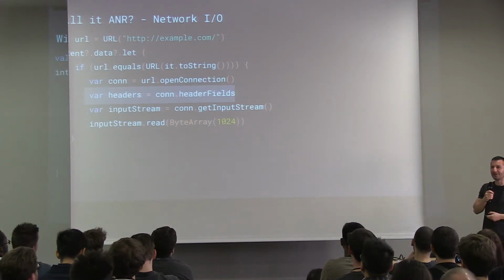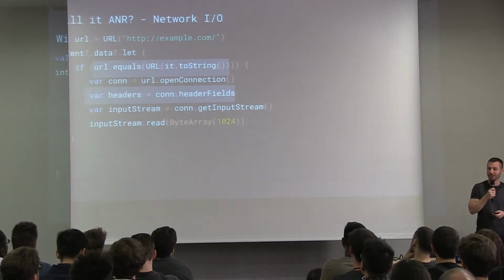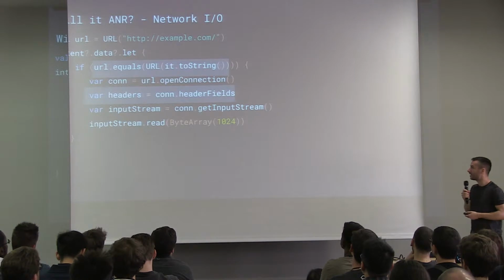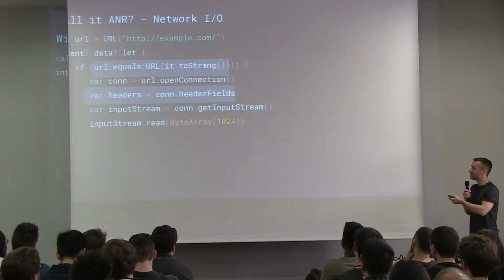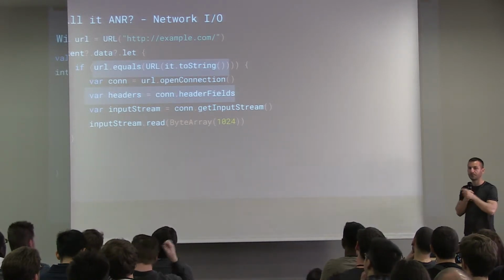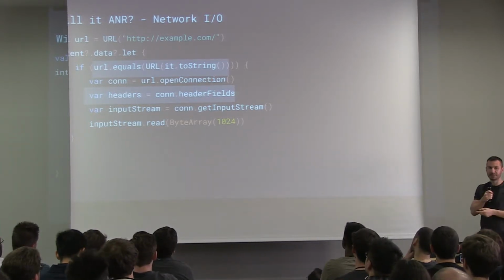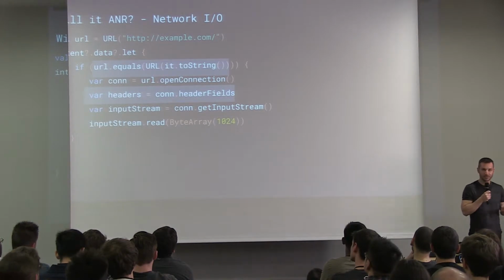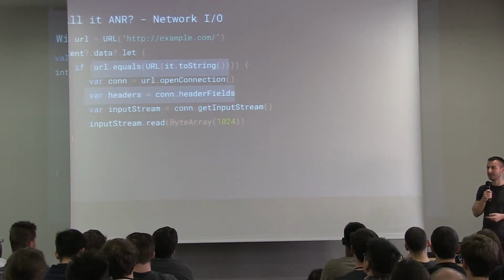That's actually wrong on some versions of Android and Java. This line can cause a network connection on the desktop JDK and on some very old versions of Android, I think pre-Ice Cream Sandwich. In the original equals implementation on the URL class, not the URI, but URL, it actually resolves the DNS names of the host name to check if 2 different host names can point to the same IP.